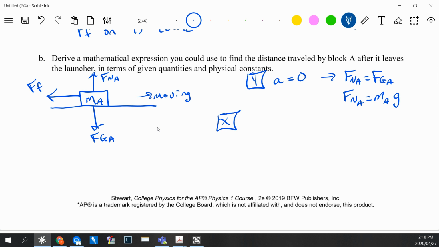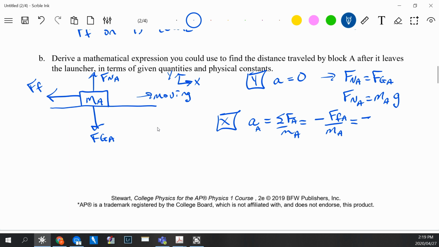Now, meanwhile, in the horizontal, this thing very much has a force of friction, and so it is going to slow down. So the acceleration would be, let me be very specific here, if I use to the right as my positive direction for x, then the acceleration is net force divided by mass, and the net force is negatively directed, so I'm going to put a negative in here because it's to the left in my diagram. So the force of friction divided by the mass of this block. In fact, let's put subscripts in here for A. I'm specifically focusing on block A right now. So the acceleration of A is equal to the negatively directed force of friction over the mass of A,